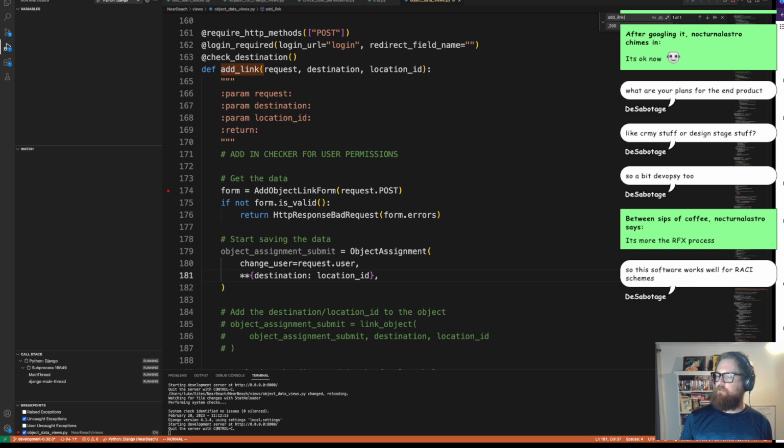I actually haven't looked into any depth about RACI schemes, so it'll be interesting to see if I could fit this in there. So yeah, there are